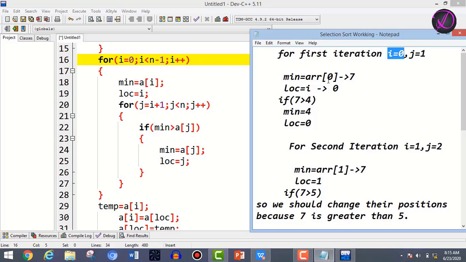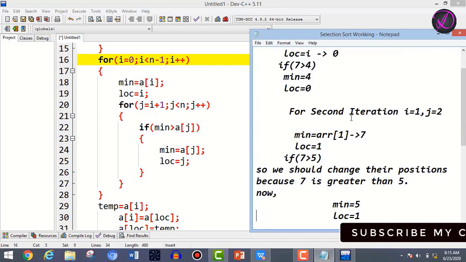So the value at index 0 is 7 and its location is 0, and at index 1 its value is 4. So 7 is greater than 4, so we will swap the values.